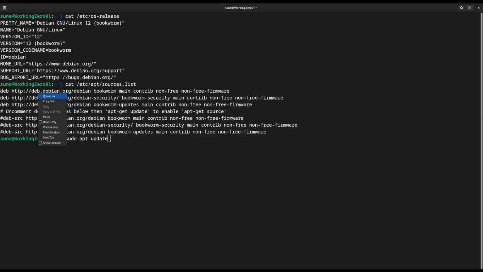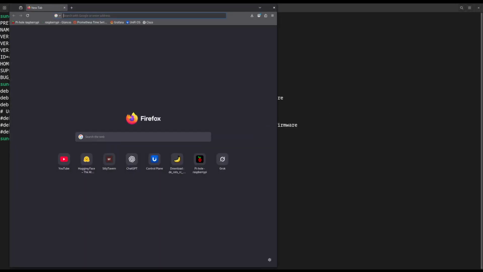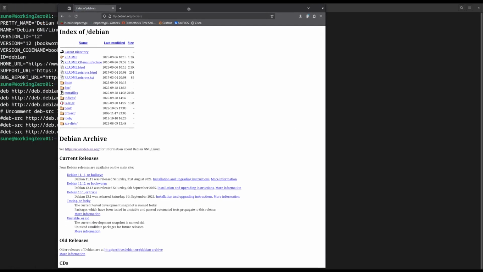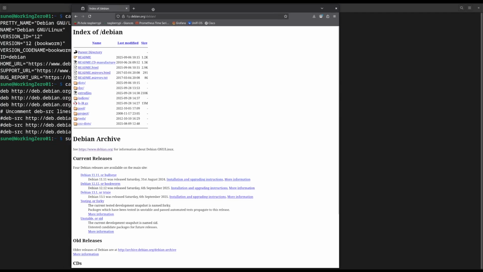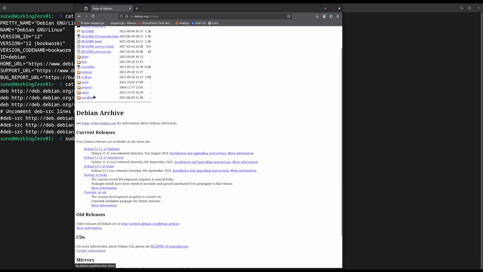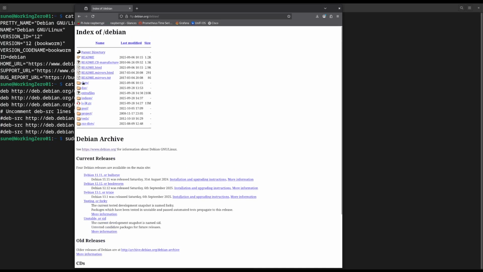You can even click on this address and you can go here and look at what this is. From what you can see, it's a load of,